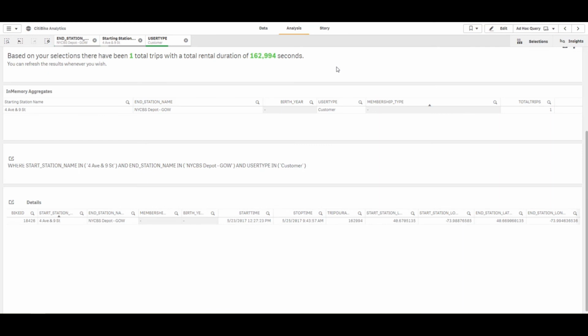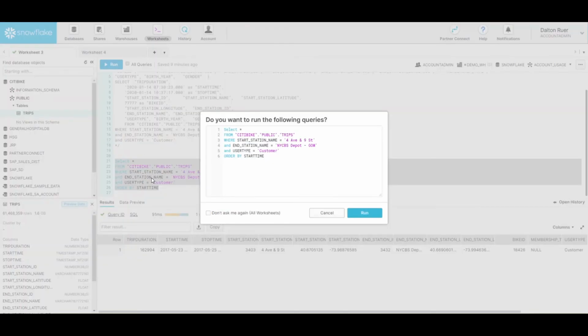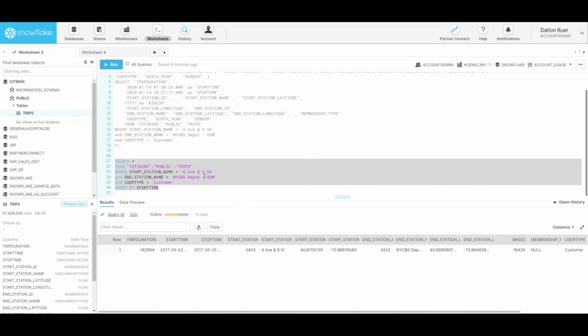Now I know what you're thinking. Maybe this was all just rigged or set up. What I'm going to do is I take that exact where clause and I'm going to run this in Snowflake for you right now live. So I'm going to say, hey, select from where this station is this. The ending station is that. The user type is customer. Bingo, bango, boingo. I've got my result of data. That's what Snowflake does, right? Well,